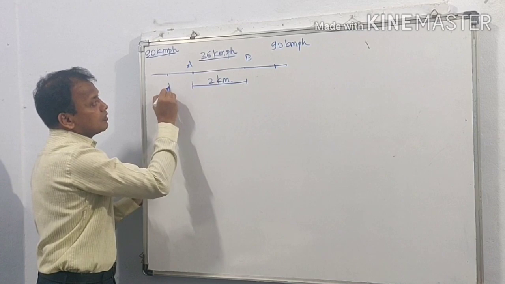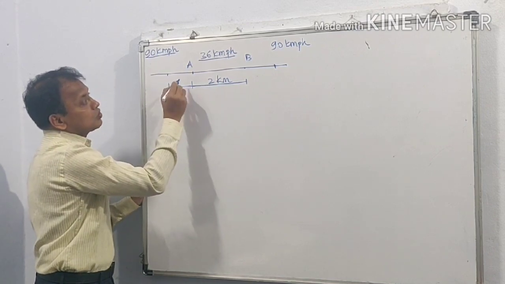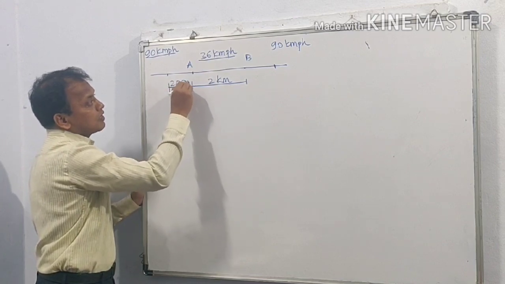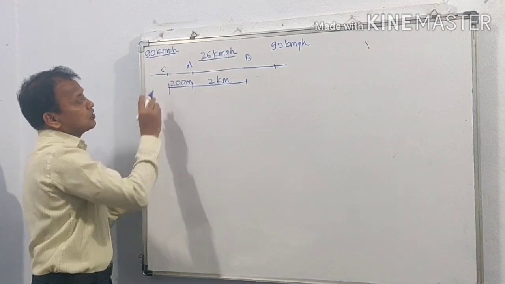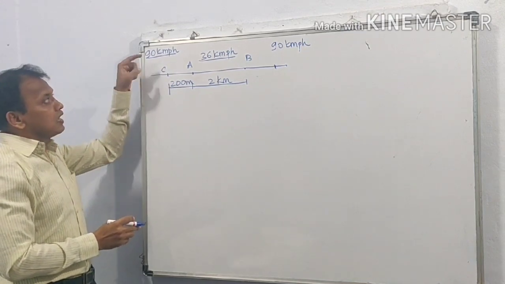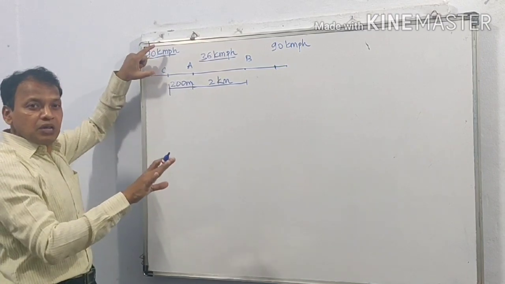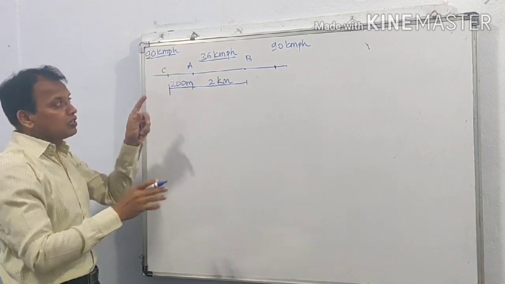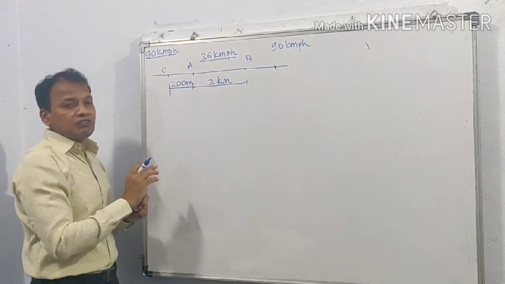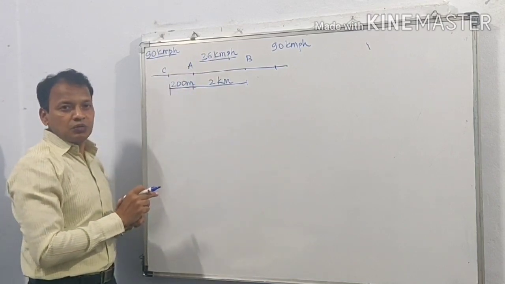So this is given, the velocity from 90 km per hour is reduced to 36 km per hour in this 200 meter length. Let this point be C. So beyond C, the velocity of the train was 90 km per hour. When it approaches C, the driver will apply brakes and the velocity will go on reducing, and in 200 meter length, the velocity of the train will go from 90 km per hour to 36 km per hour.